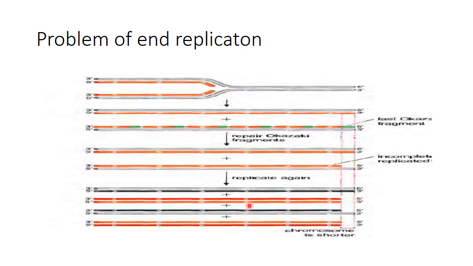Now the process which we have understood is that the DNA polymerase moves forward and the continuous strand goes in a continuous manner and the lagging strand goes in a discontinuous manner. Ultimately this whole machinery reaches the end. In end replication there is a problem. The problem is that at the 3' end the space is very small. The primer doesn't get a space to attach, and therefore a small part over here cannot be replicated. So this problem of end replication causes a gap at the 3' end, which should be synthesized.